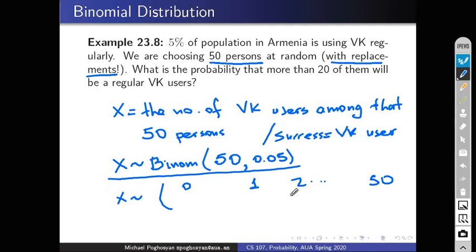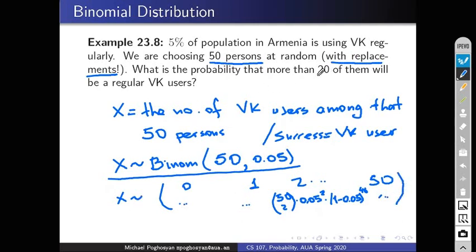So let me write for 2: 50 choose 2 times the probability of success, 0.05 squared, times 1 minus 0.05 to the power 48, which is 50 minus 2. Okay, so we can fill this table. So we will have the PMF,